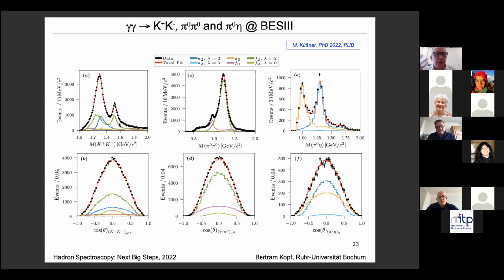Okay. But my question would have been, okay, I can ask the question. The pole position was always different for the f0(1500). It was seen in J/psi decays, in B decays, in gamma gamma, in p pbar, but the pole position has always been quite different, like 50 MeV, and I would have been curious what pole position you get. As I mentioned, we are using this K-matrix formalism, and with this it is impossible to have a unique pole position.